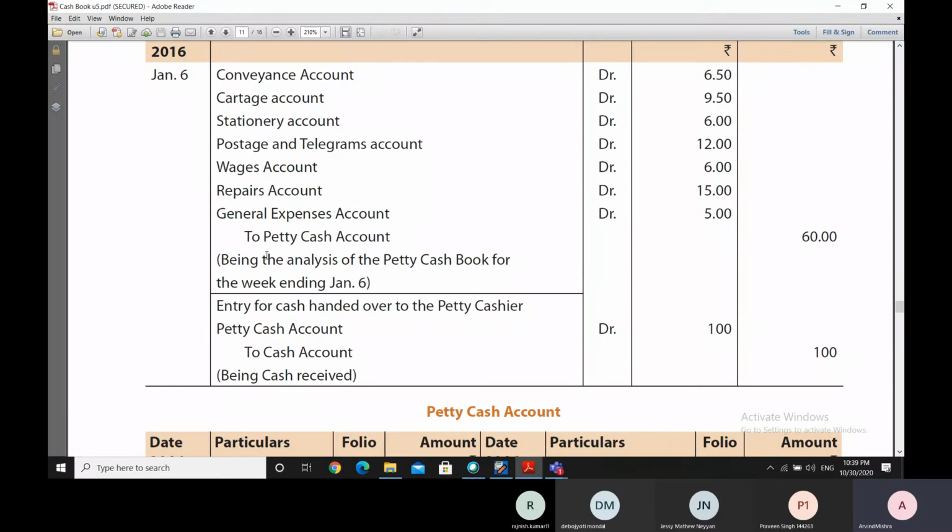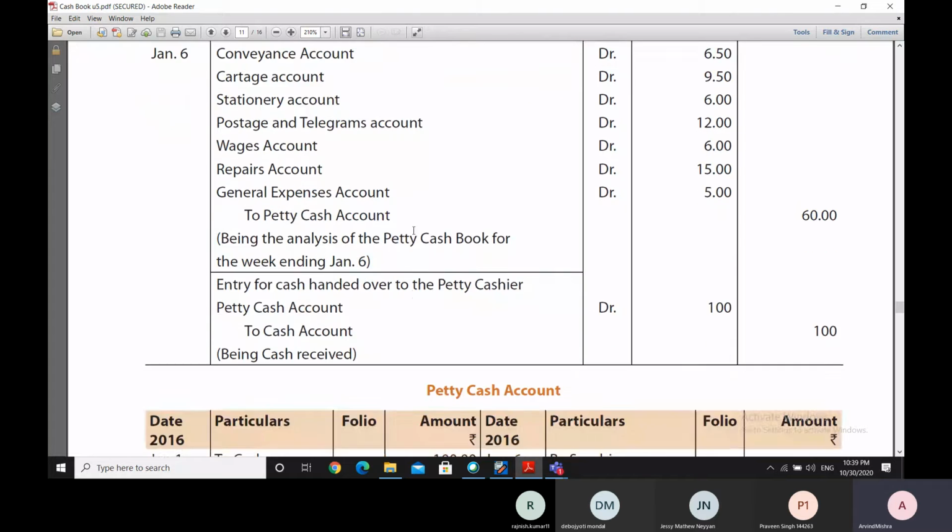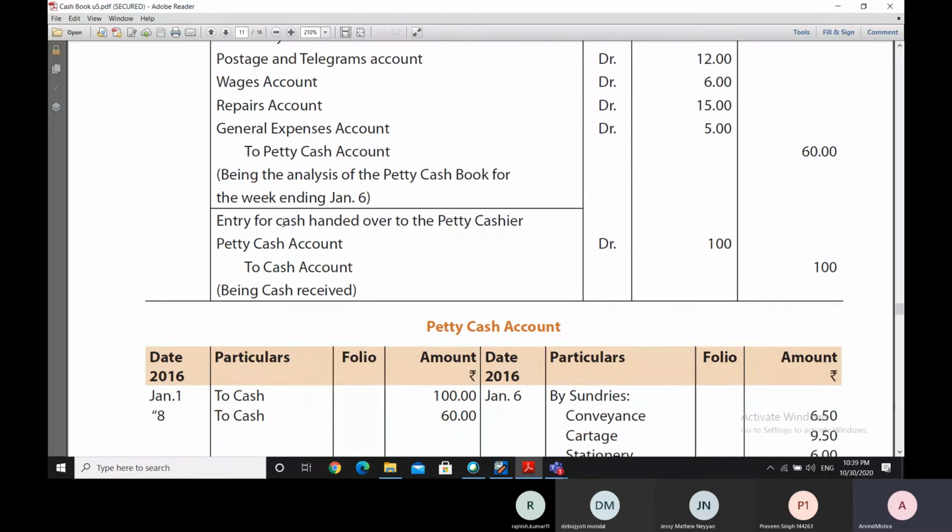And here we are also writing in the respective narration that, being the analysis of the petty cash book for the week ending January 6. So here we are saying that this is an analysis of the petty cash book, and